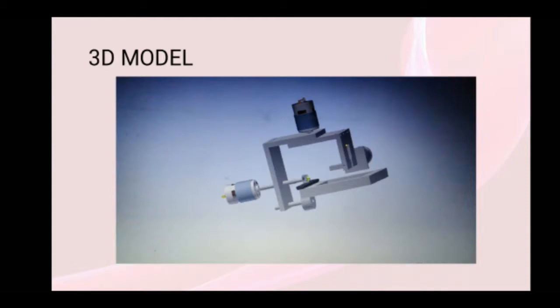Now let us move on to the third subsystem, that is striking subsystem. In this subsystem, a DC motor is connected to the striking part such that when the DC motor rotates, the striking part hits the striker with a certain force such that the striker moves and hits the coin and the coin goes to the pocket. So now we saw all the subsystems, and now I will hand over the explanation part to Suprita.